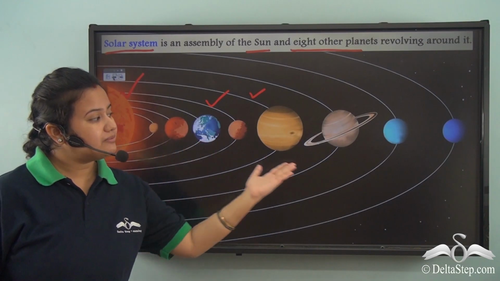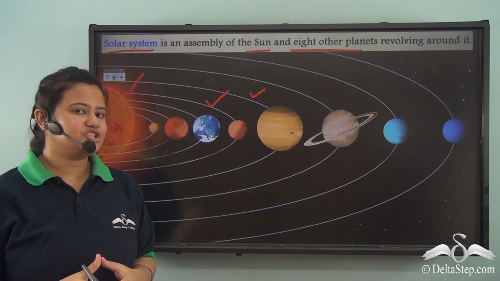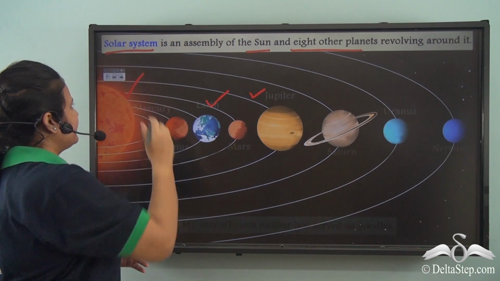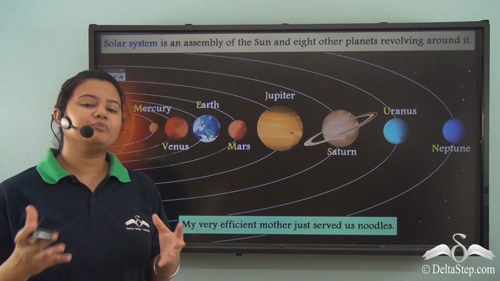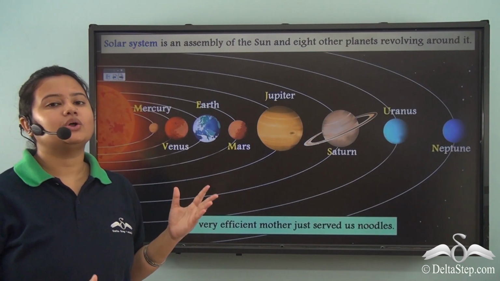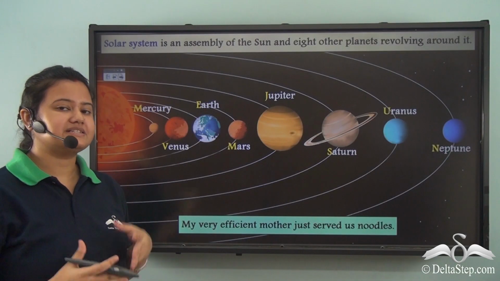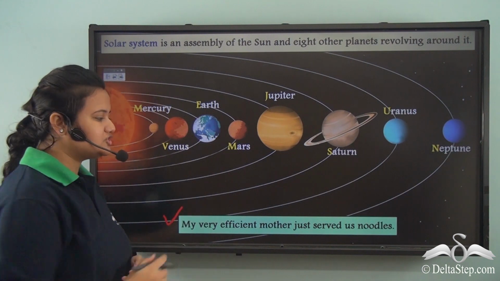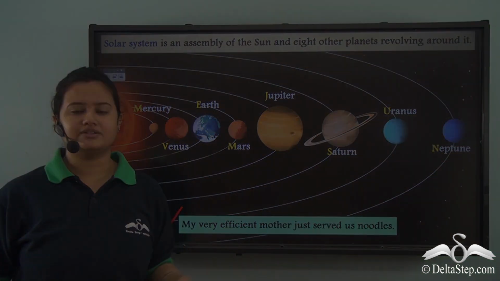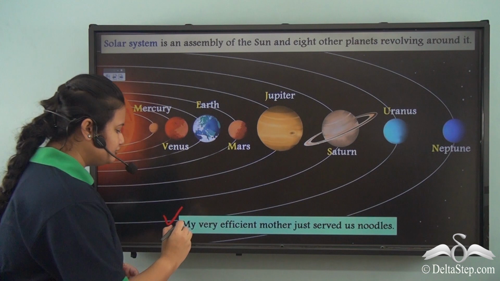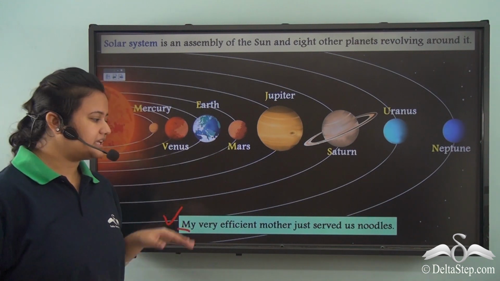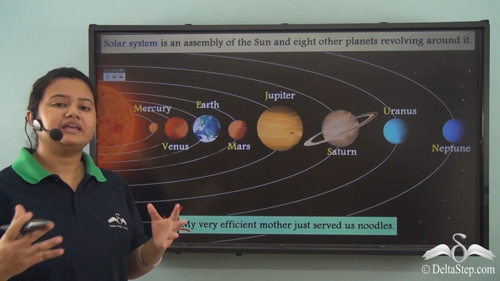Now, can you name all these planets chronologically? Well, I hope you know the trick of naming all the planets. The trick is very simple. Just remember one sentence, that is, my very efficient mother just served us noodles. Well, if you go by the first letter of every word in this sentence, then you will be easily able